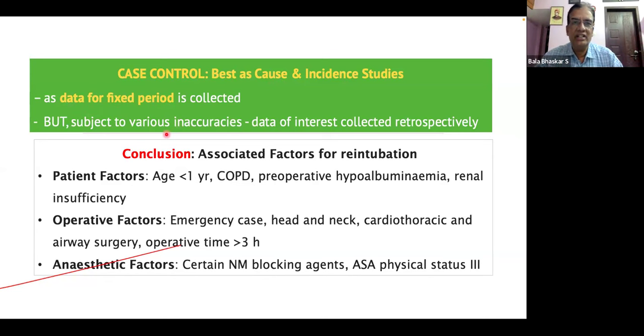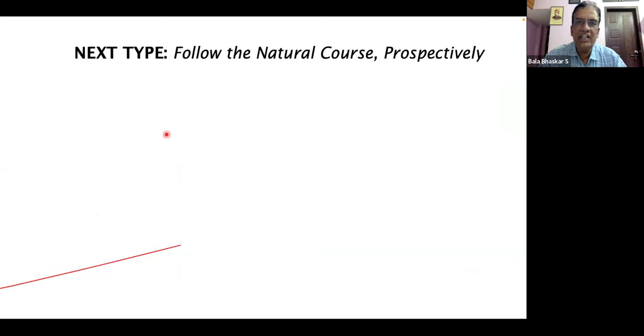But they are also subject to inaccuracies because, after all, it is retrospective. So some of the data which should have been collected may not have been collected, or quality control may not have been there for these purposes. Okay, this is called a case control study. So going further,